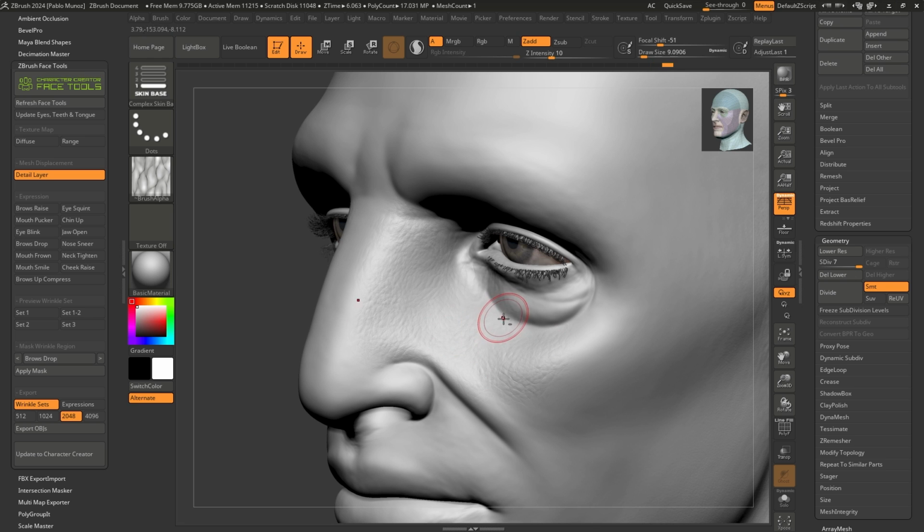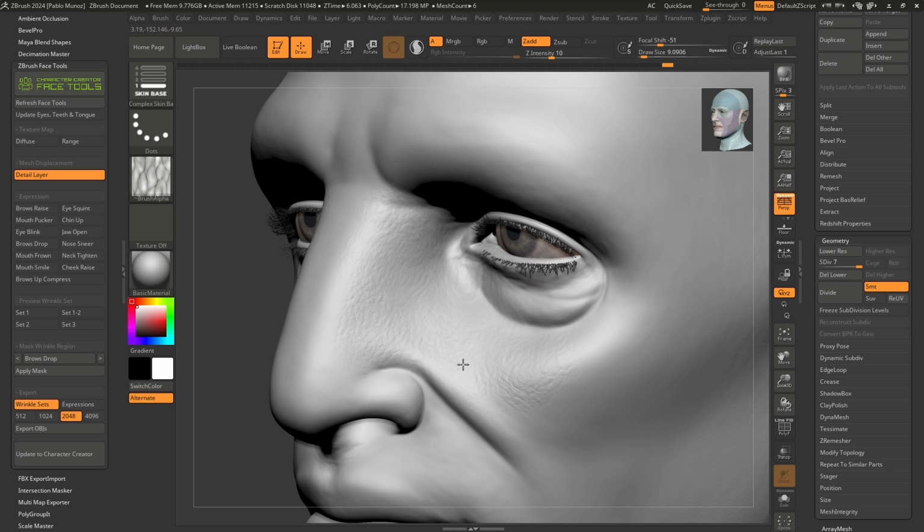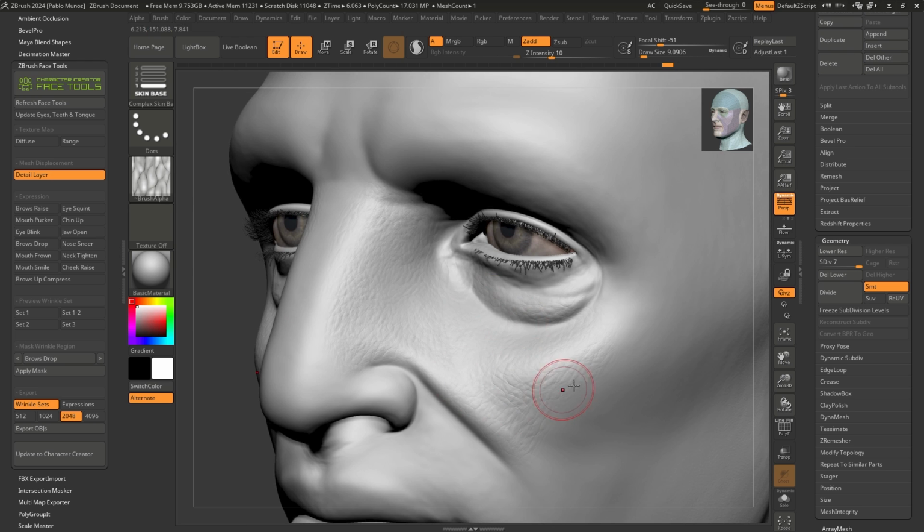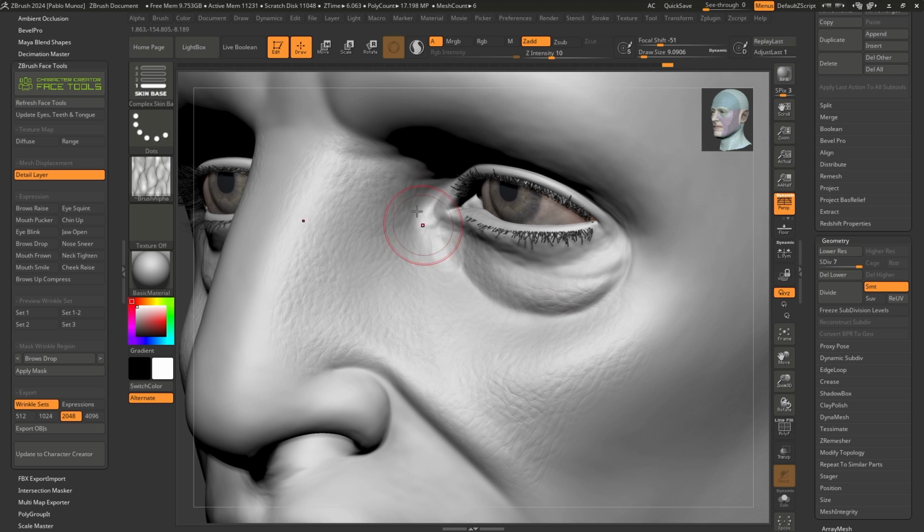All right, so I'm going to concentrate on maybe just a region of the face, and then I'll show you the end result later, so that you don't have to sit here and go through the entire process of detailing a face. So this is step 1. It just gives you the initial stage. Let's go ahead and open up the second one. That's going to give you some nice bumpy surface.